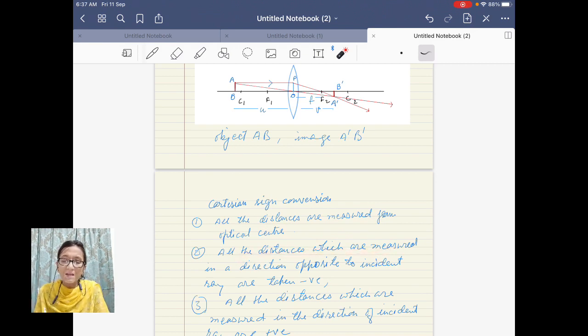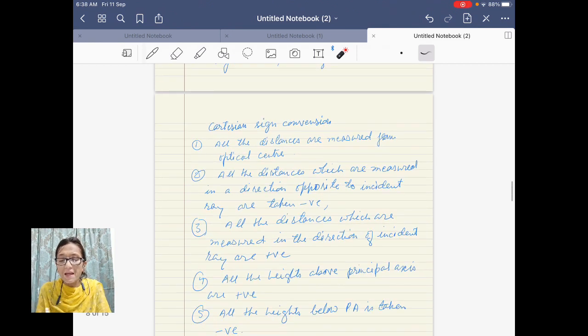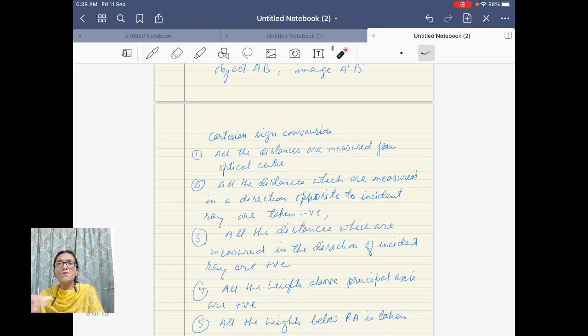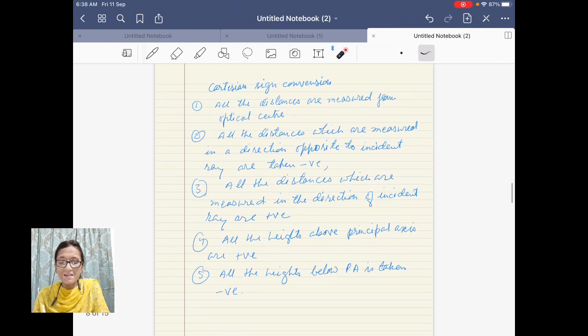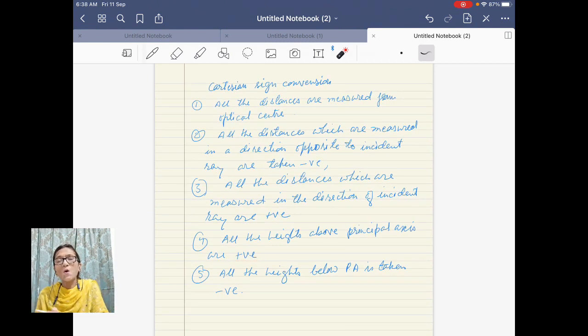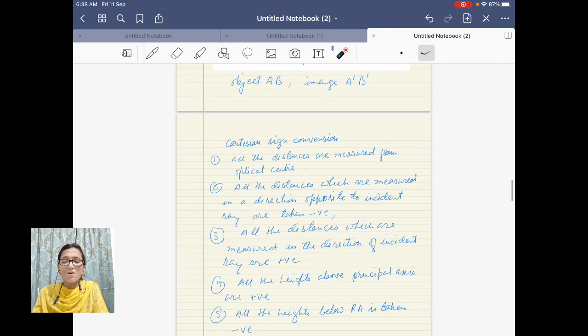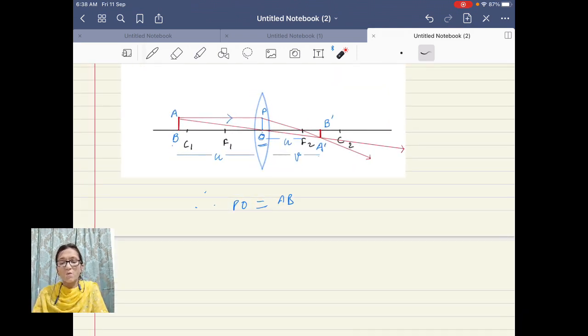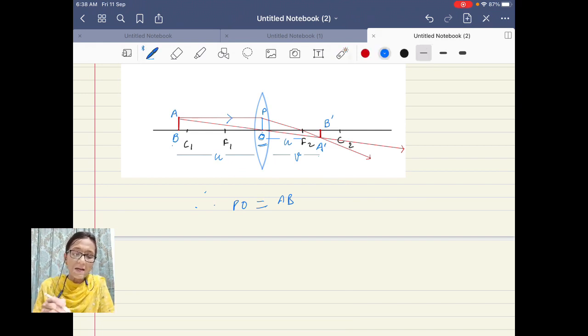And now the second one: the distance which is measured in a direction opposite to the direction of the incident ray should be taken as negative. And all the distances which are measured in the direction of the incident ray should be taken as positive. Now every height above the principal axis is measured with a positive sign and every distance below the principal axis is measured with a negative sign. So now we will be using these Cartesian sign conventions and we will be deriving the lens formula. So the first step while deriving the lens formula,